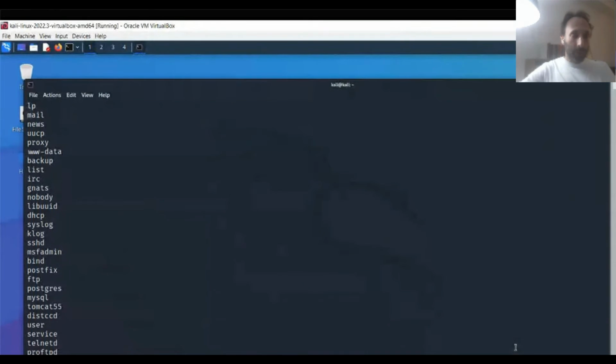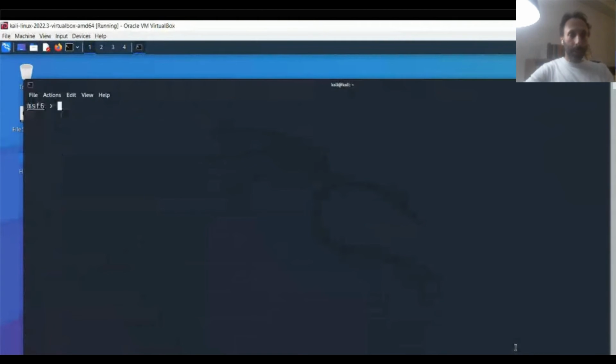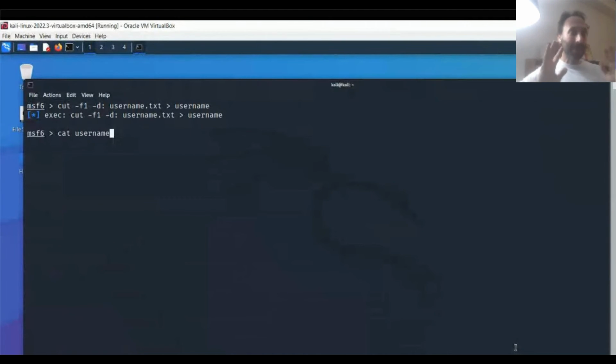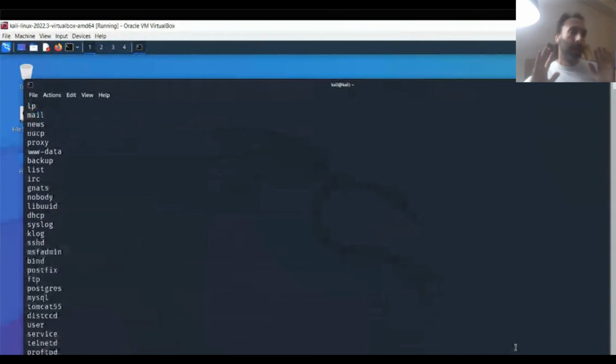So I'm going to redo this, and I'm going to redirect it into another file called username. Now let me cat username, see what's in there. Oh, good. Okay, now this has all the usernames in the